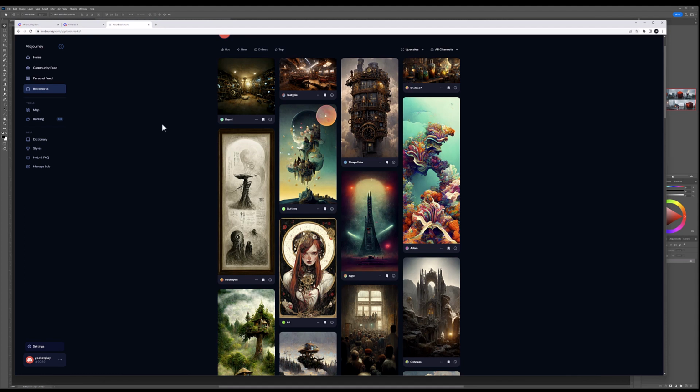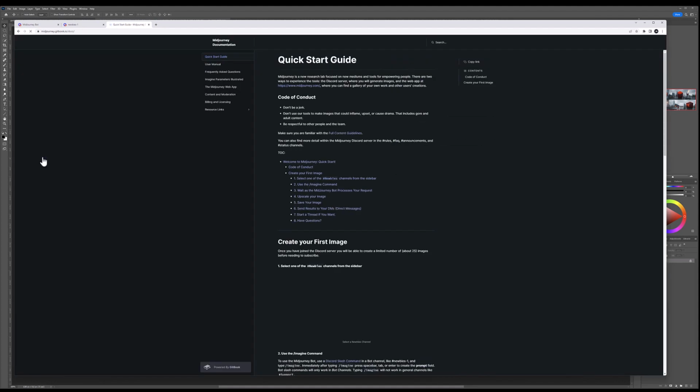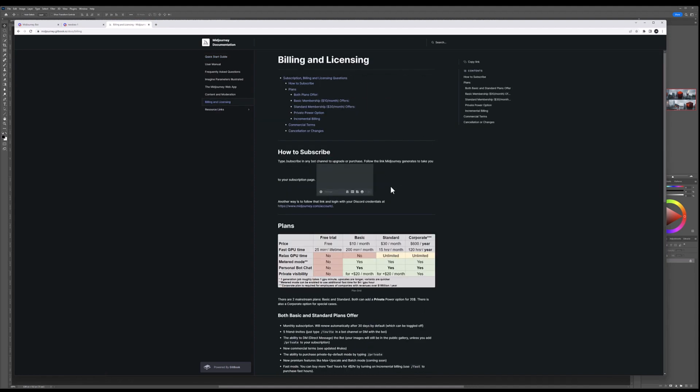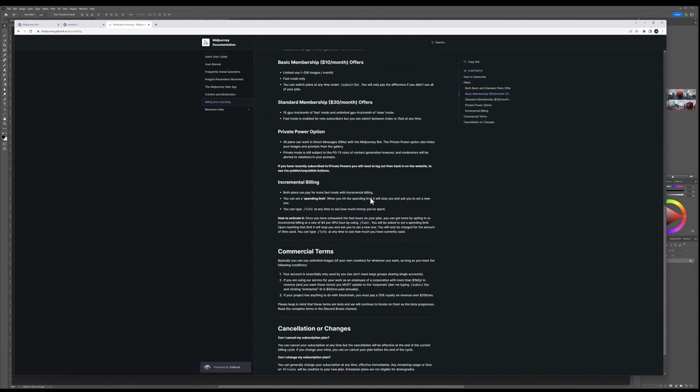whatever you want. Of course, there are some small restrictions, and if you have a question about this, I will recommend going to billing and licensing, right here about licensing, and see how it is used in commercial terms. For example, right here, you can see you can use it wherever you want, but if you are making more money, they ask you to pay a little bit more. And again, this is their own terms of service that they ask you to follow, but the big plus is you can use your art however you want.